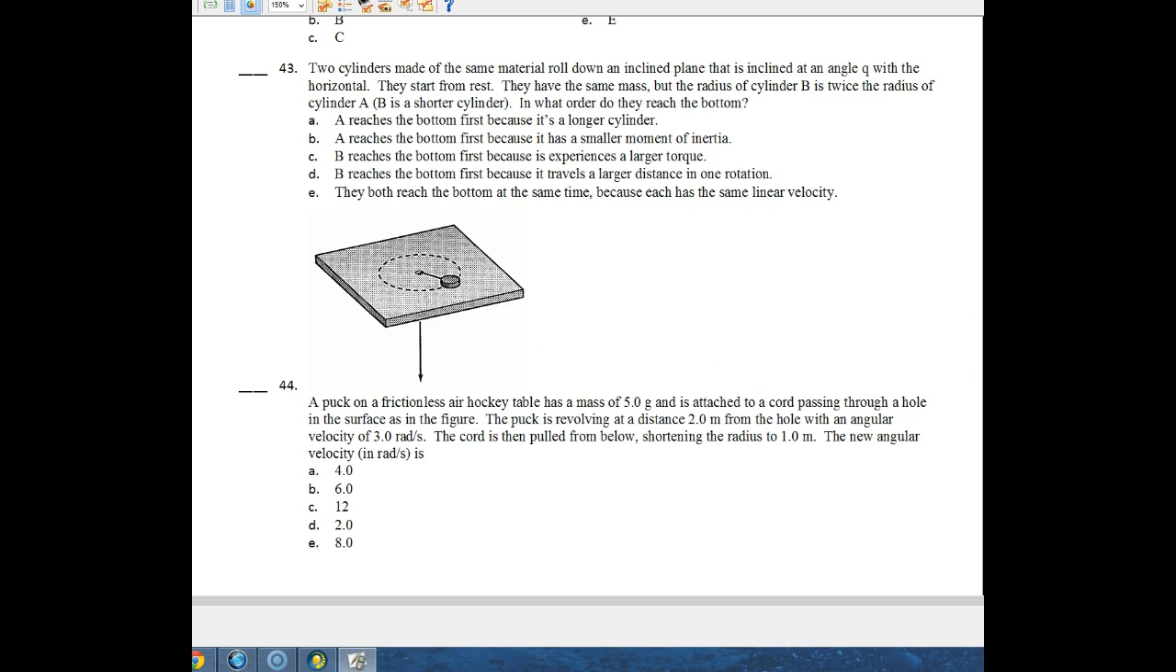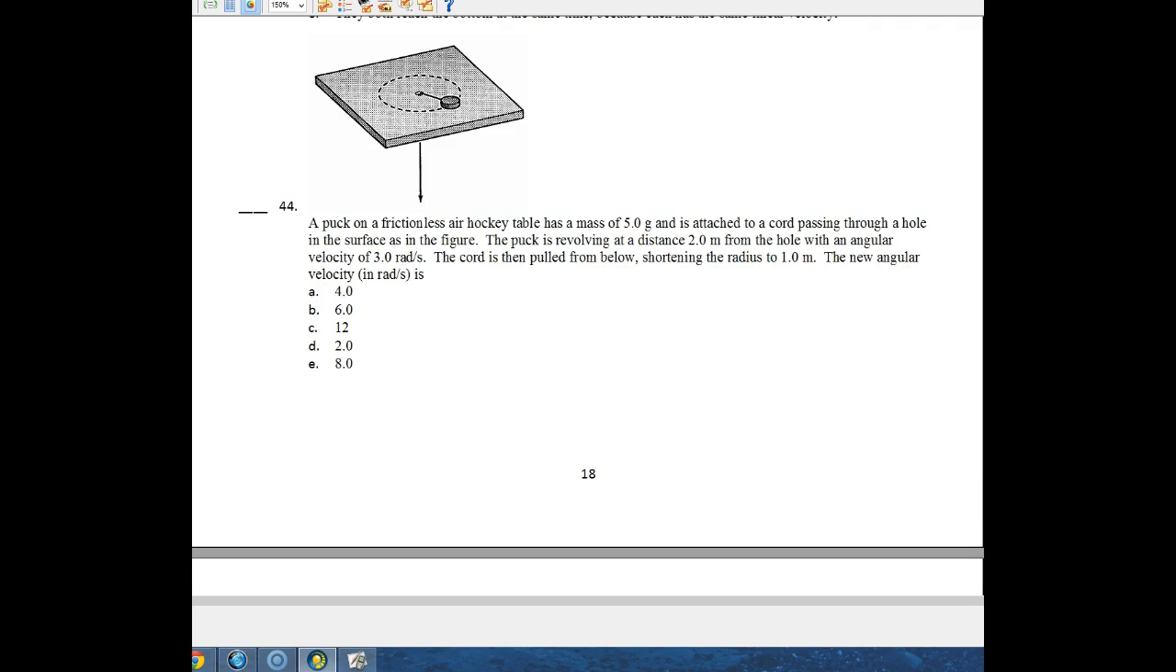For number 44, we have a puck that's sitting on a frictionless air hockey table, and it's spinning in a circle. It has a mass of 5 grams and it's attached to this cord. If we pull on the cord below and we shorten this radius to 1 meter, so it used to be at 2, now it's going to be at 1, they want us to find the new angular velocity in radians per second. This is an angular momentum problem,